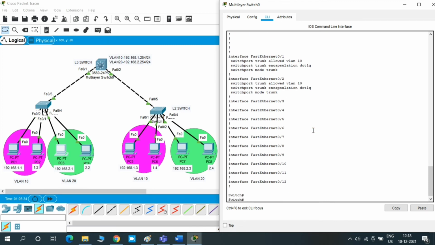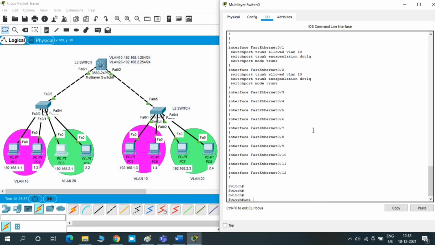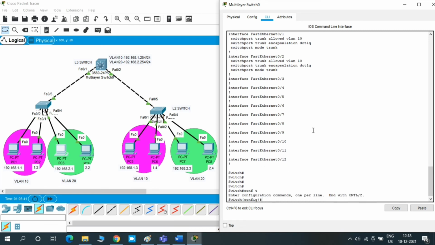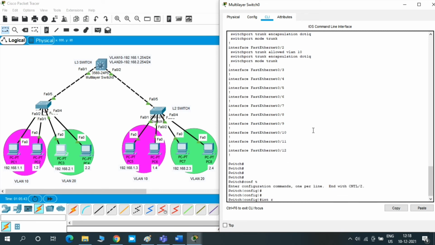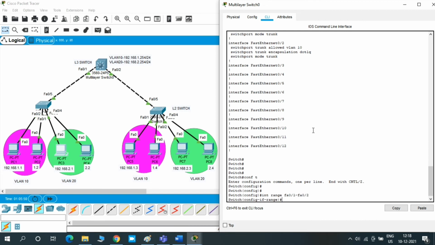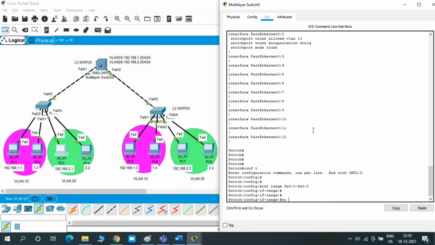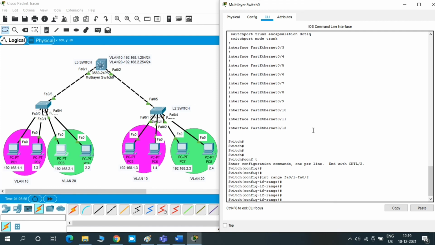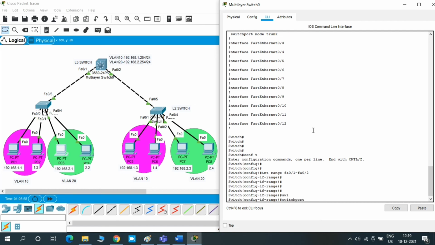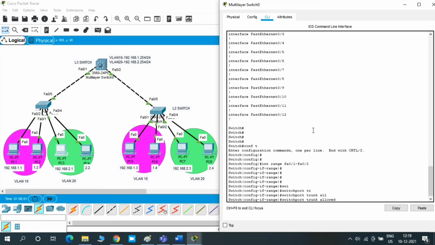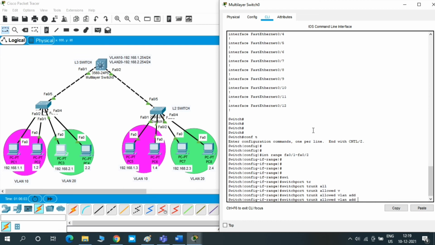Just go to configuration mode. Give the range command, because on both interfaces we are going to allow VLAN 20, so the command will be the same. Interface range FA0/1 to FA0/2, then we have to allow VLAN 20, so the command is switchport trunk allowed vlan add 20, then just press enter.